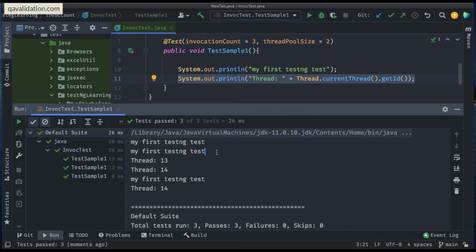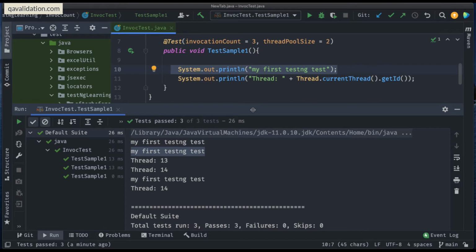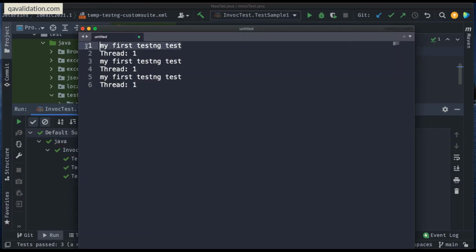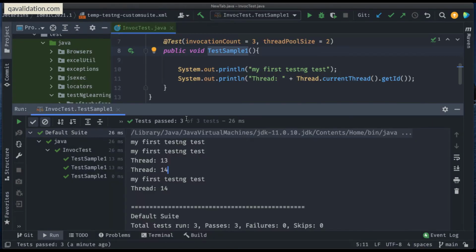You can see the next output you got is again this one, because there were two threads executing this particular test case. By the time the first thread exited and was going to the next line of code, the second thread started executing the same method. That is why you are seeing these things in parallel. Because this test case ran in parallel, you are seeing a different output, not like before, in sequence, where first it runs the first line of code, then prints the thread, then starts. But here it was different, right?